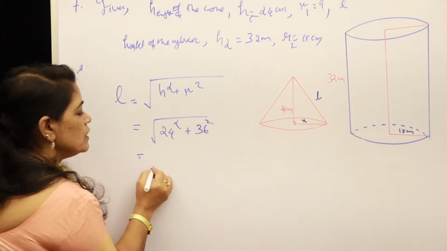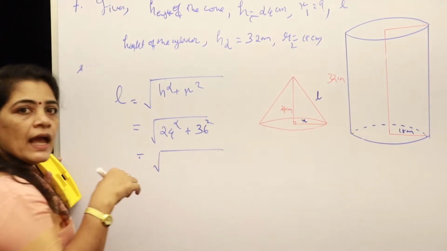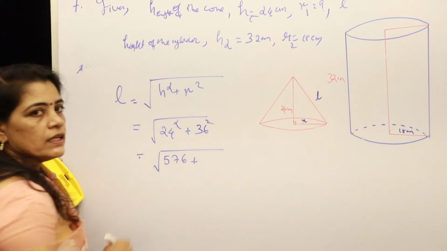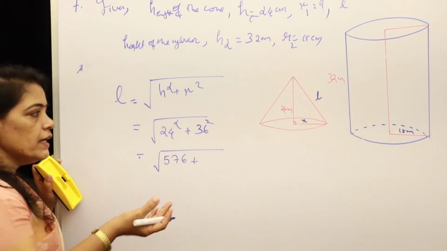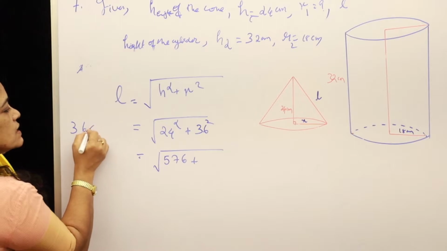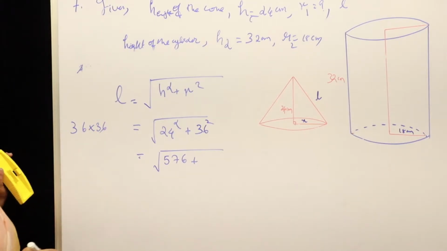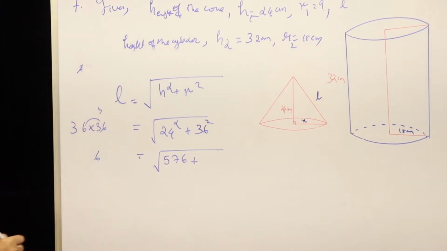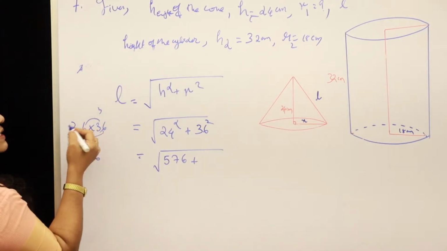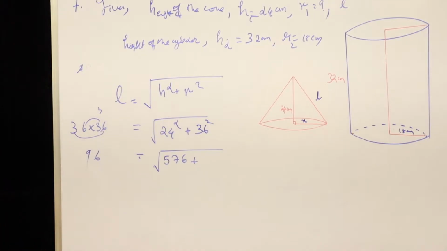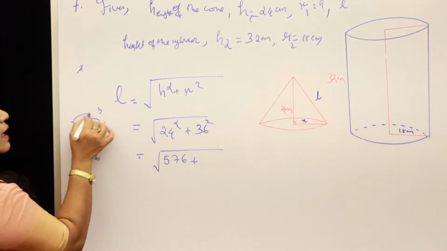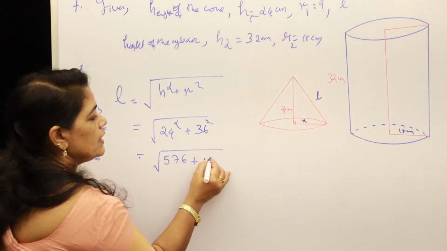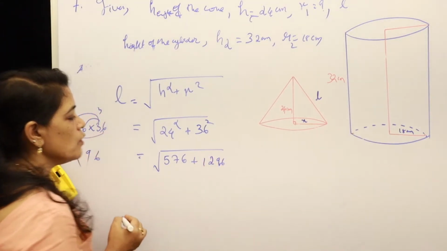Okay, and we know the square of 24 as 576. This is 1296. If you have any doubt, you can multiply 36 into 36. 6 6s are 36, 3 carries. This 18 and this also 18, 36 and 39. 3 carries, 3 3s are 9 plus 3, 1296. Okay, then you can add the numbers in the square root.